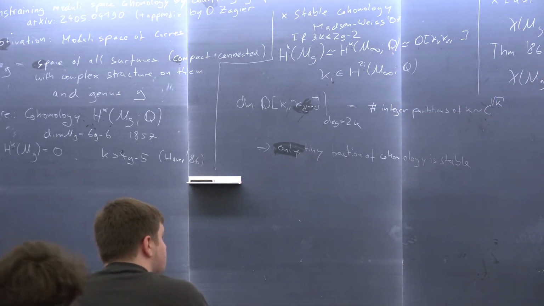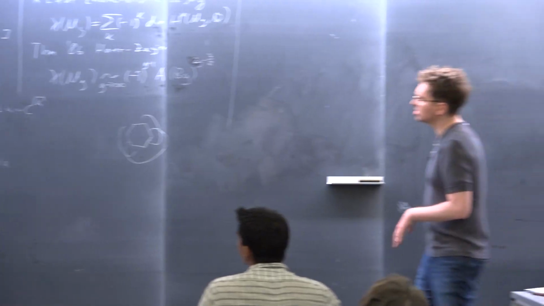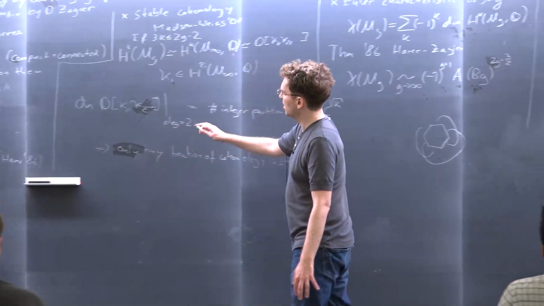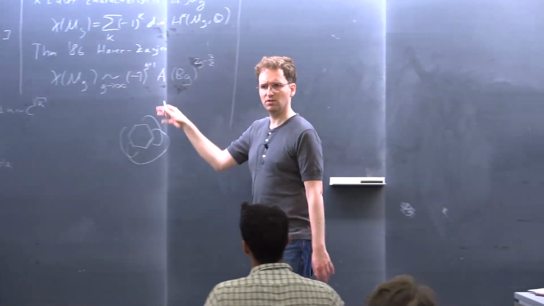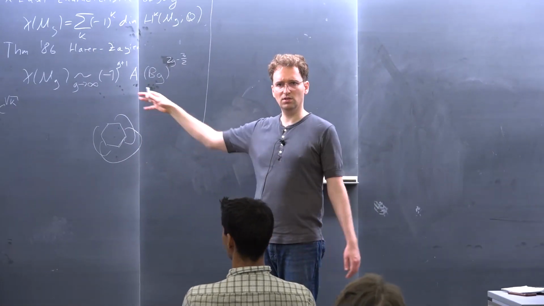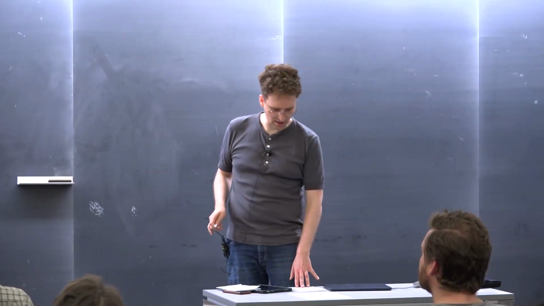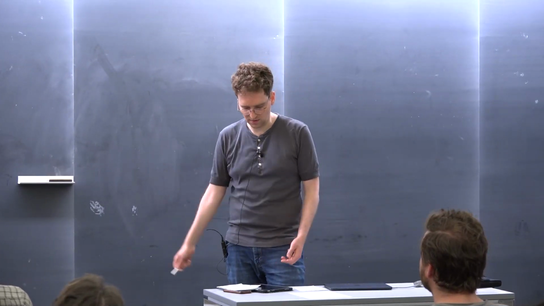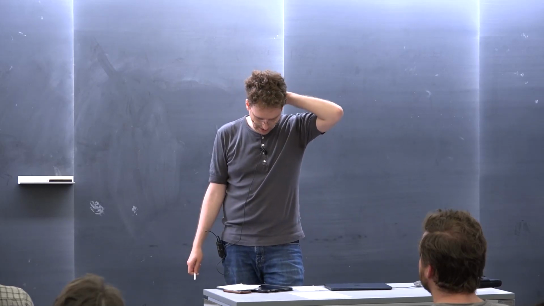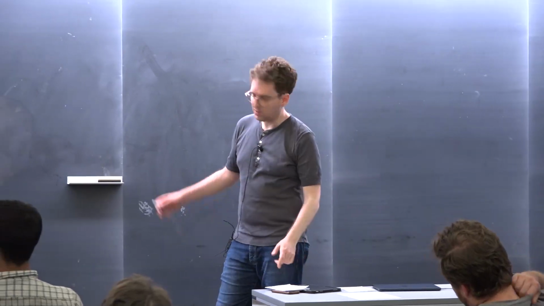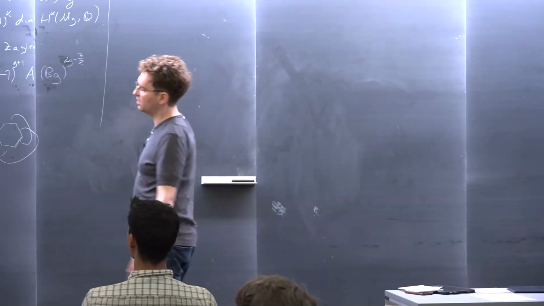So this is a puzzle because we have this space, and we know because of the Euler characteristic that there's a lot of stuff going on, but there's no construction or explanation why there's so much cohomology and why these spaces are so complicated. And for this reason, people have looked into this quite intensively, but